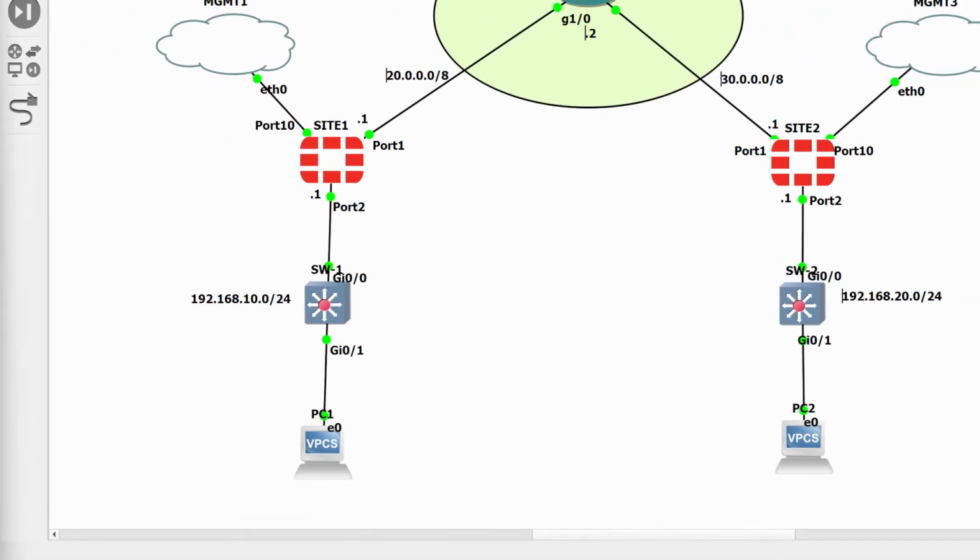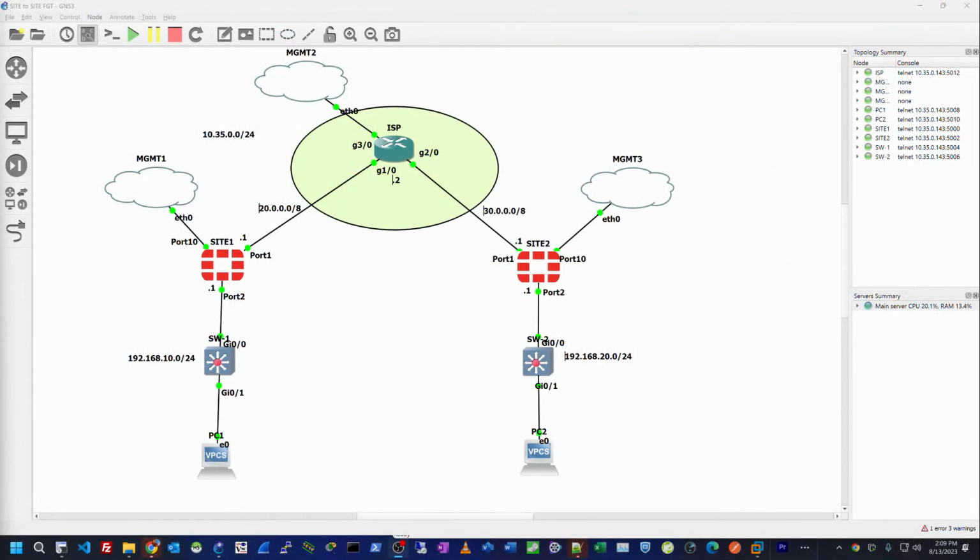So this is our LAN. This is our first local area network. Let me just go back. Here we have a network with a subnet of 192.168.10.0/24. And this is our site 1. That's why the Fortinet is renamed site 1, because this is the first site for this company. We also have the site 2 with an internal subnet of